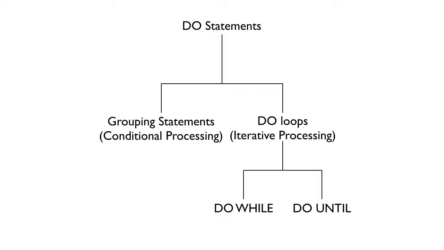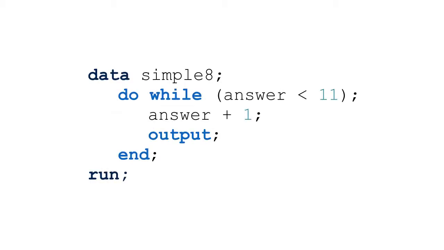Sometimes you don't know the number of iterations you want the do loop to execute over. In these cases, you can use do while and do until loops. The loops execute until some condition that you've defined is true in the case of do until, or false in the case of do while. Here's a do while loop. You tell SAS to iteratively run the SAS statement answer plus 1 while the value of answer remains less than